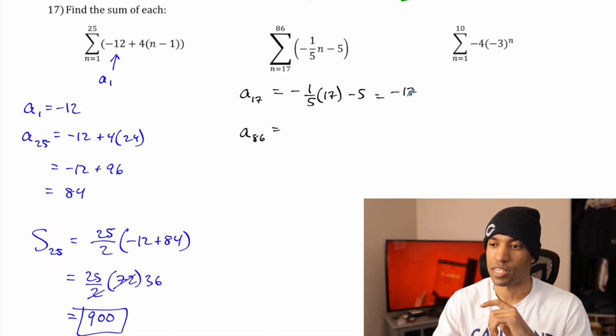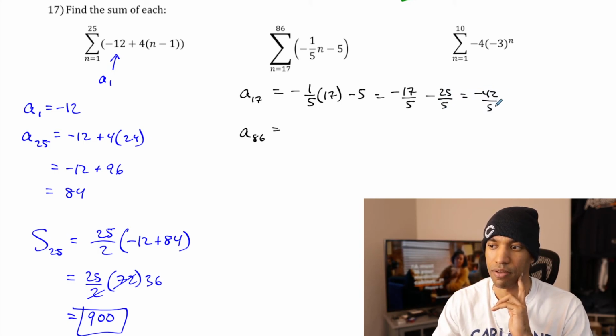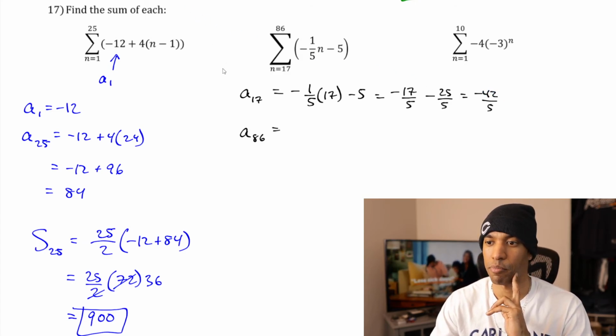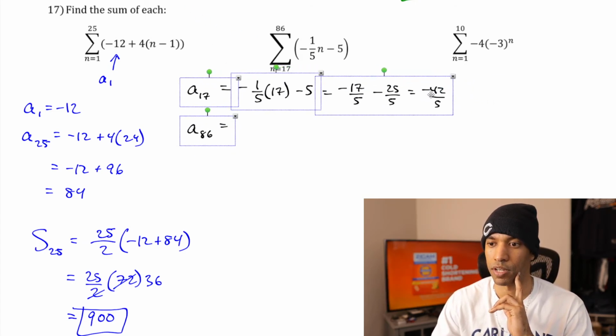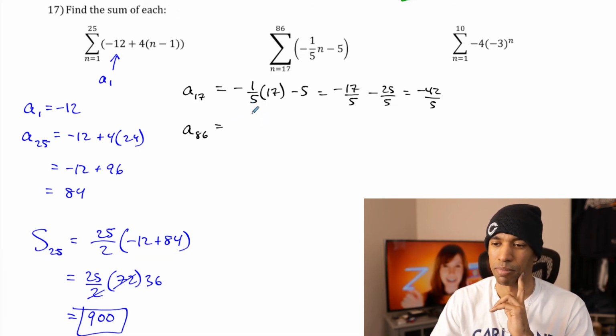So negative 17/5 minus 5 is minus 25/5. So that's going to be negative 42/5. Now, that is an exact number. That's negative 8.4. So it is an exact number if you want to use it. I'm going to leave it as negative 42/5 for now in case something goes awry. I don't think it should, but,